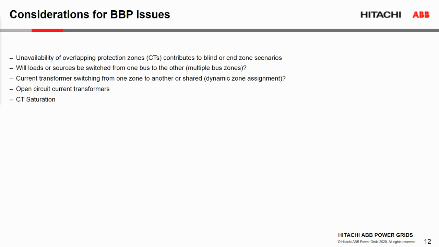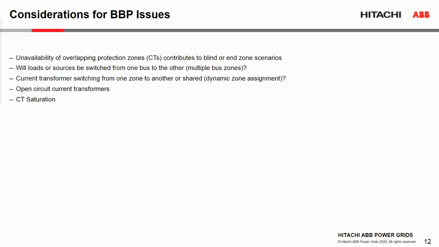Following the same concept for number 2, does the current transformer need to be switched from one zone to another, or are they shared? Open circuit conditions of any current transformer will obviously introduce undesirable differential current, and how do you cope with that? And then CT saturation. Modern busbar protection typically has a means to detect CT saturation and cope with it, to block the adverse effect of CT saturation and avoid any misoperations. We will look into these issues